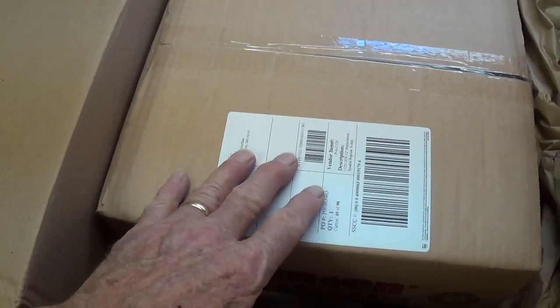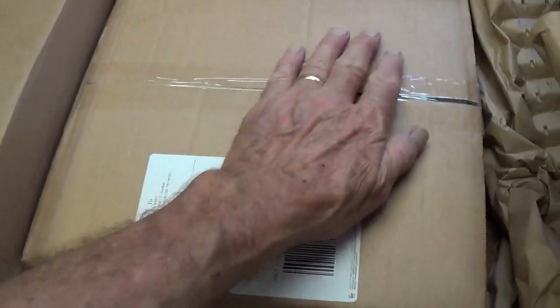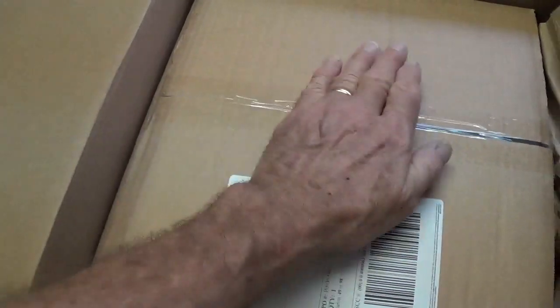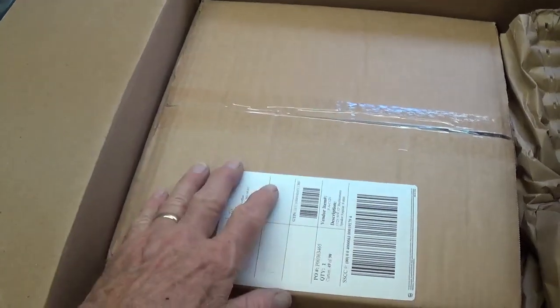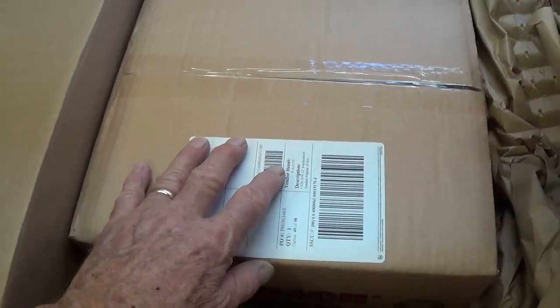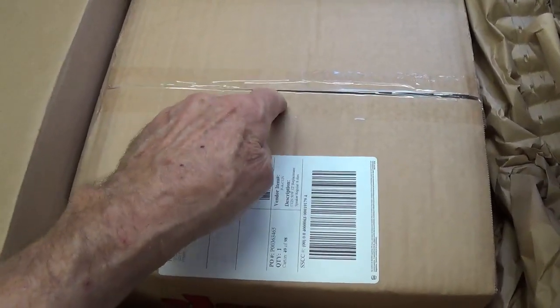I've had several speakers damaged because of this type of shipping method, because the speaker then will shift hard on impact against the outer edge here. There is no cushion, and the speaker basket will be bent. And the minute that happens, the voice coil can't track properly. So we're going to have to really check close when we look inside here to see if that has happened